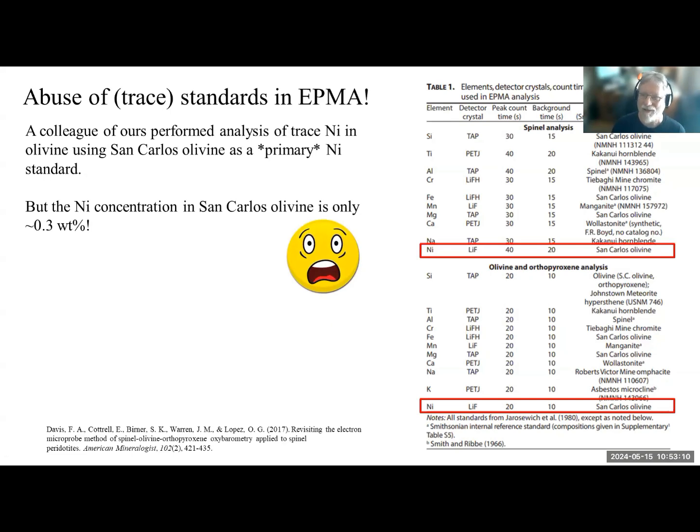Your variance in your standard is going to be propagated instantly to your unknown, so you're going to get immediately much worse statistics. And I think this is part of this kind of, I don't know, old-fashioned way of thinking that we need to matrix match all of our standards to our unknowns. And that used to be true maybe 40 years ago. It's not true any longer. Our matrix corrections are really good. They're at least 1 or 2% accurate. And so if you are trying to find a trace standard for your trace element analysis, you're just wasting your time. You're going to introduce further uncertainty into your analyses, and there are problems with it, as I will discuss in